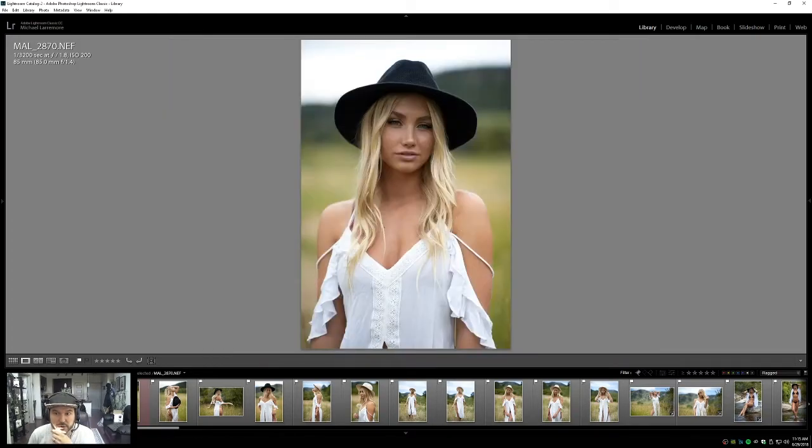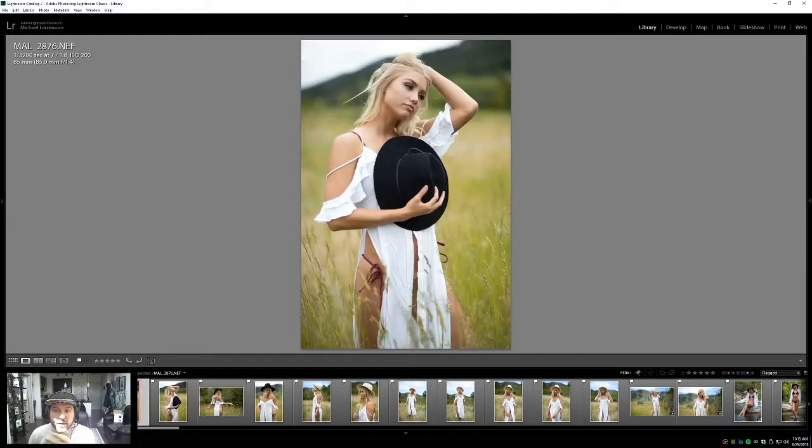Right? So let's go through here, and we say, oh, I really like this photo. I'm going to give it 5 stars. The way I do this process, you don't need any other stars. You just need 0 stars or 5 stars. And the reason I say that is because the star rating system doesn't...